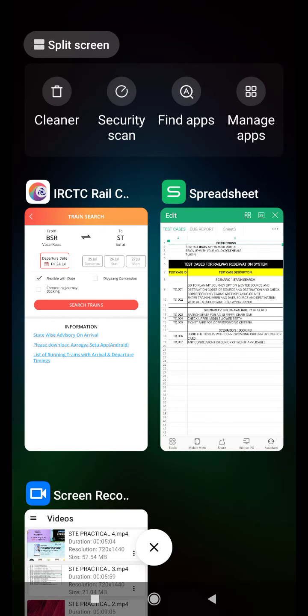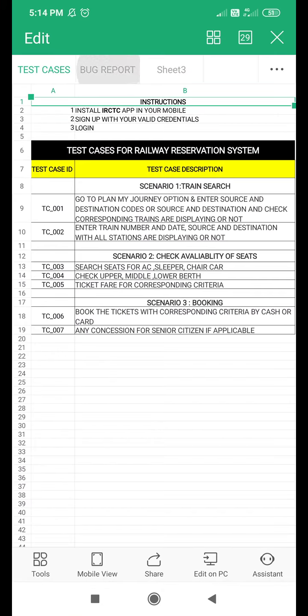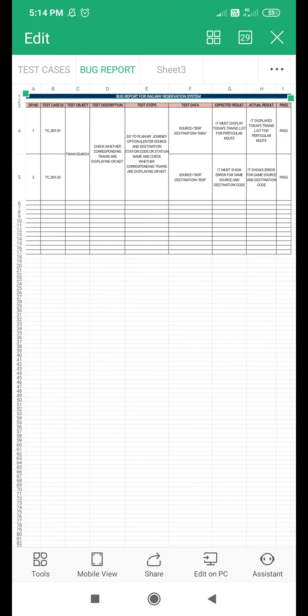Here, in the bug report you need to specify that. My first and second test cases are regarding train search. The test description: check whether the corresponding trains are displaying or not. What are the steps we need to perform? Go to the Plan My Journey option, then enter the source and destination station code or station name.